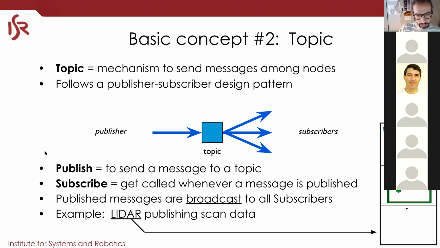And so from the publisher side, you'll see that in the afternoon you will call a function to publish, okay? On the subscriber side, the typical pattern is that you have a callback function, which is a function you define, and every time the node receives a message from that topic, that function will be called. It's called the callback function. Okay, so it's an event that is generated and this function is executed. So for a sensor, you have the sensor being a publisher. For an actuator,